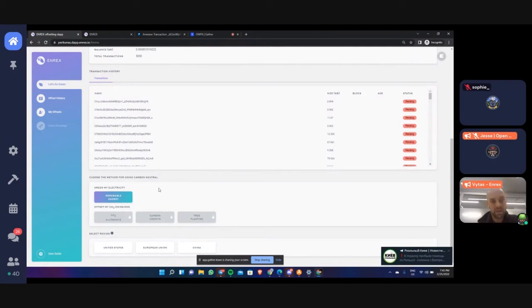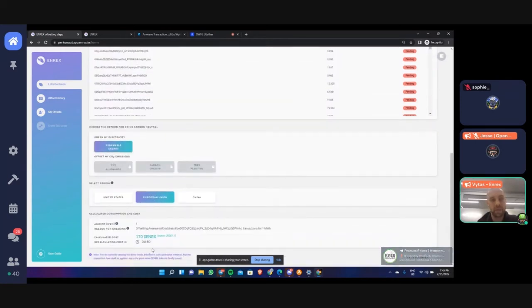So in this case, what does that mean? That we are connecting with them, and based on the region, you can select your offset. In this case, European Union: we calculate the consumption and the price for going green for this address for all the transactions at the moment. After that, we can think of other use cases like only for green storage or having even a separate